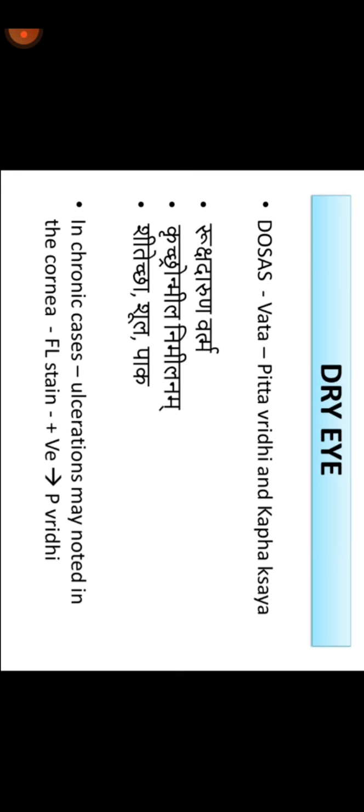So if the Sega that we are starting is Pitta Rekta Shamana Sega, and it will not vitiate the Vada or Kapha. In that condition, after the ulcerations are healed, then only we can start with the Krida. If conditions of ulcerations are present, adopt Vrana Chikitsa here. If there is ulceration in the cornea, then we have to start with the Vrana Chikitsa,